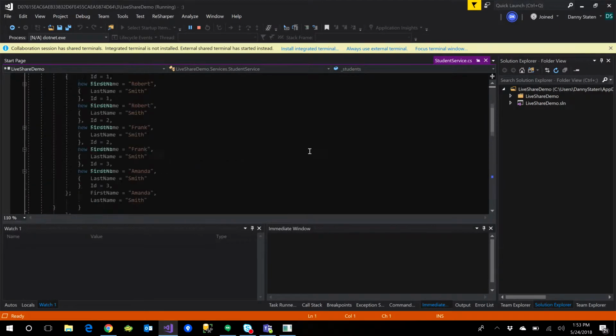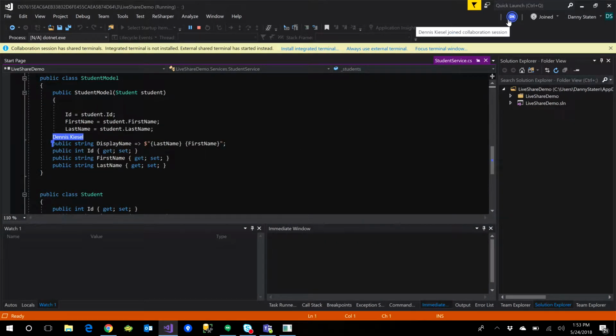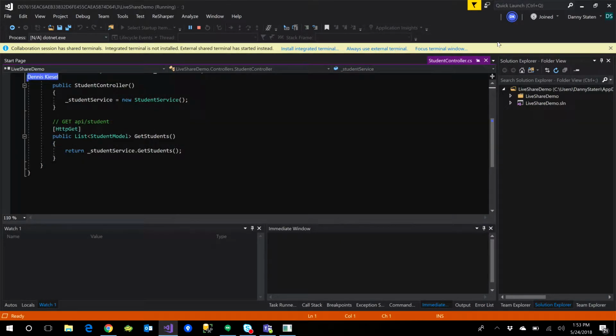So we're on this live share. Right now, I'm set up so with this little gold ring around that, that means my session's going to follow wherever Dennis is moving to. So notice he clicks somewhere and it goes there. Now, if Dennis types something, I'm going to see that, and if I type something, he'll see that. We even played around with it, and we could be on the same line, and of course, it kind of merges and does weird things, but it's very collaborative in that way.